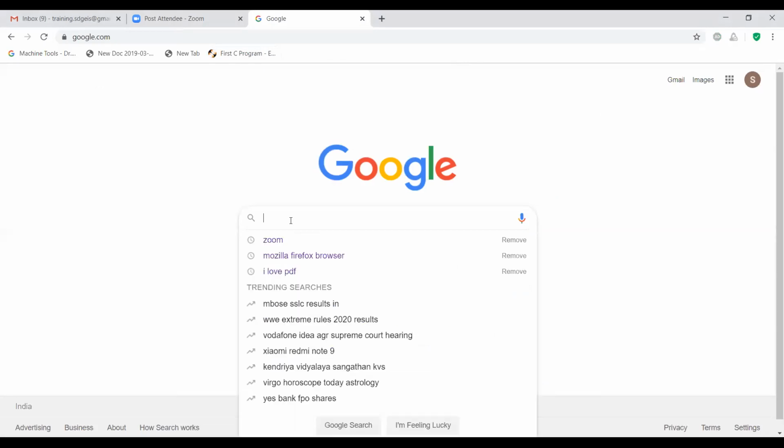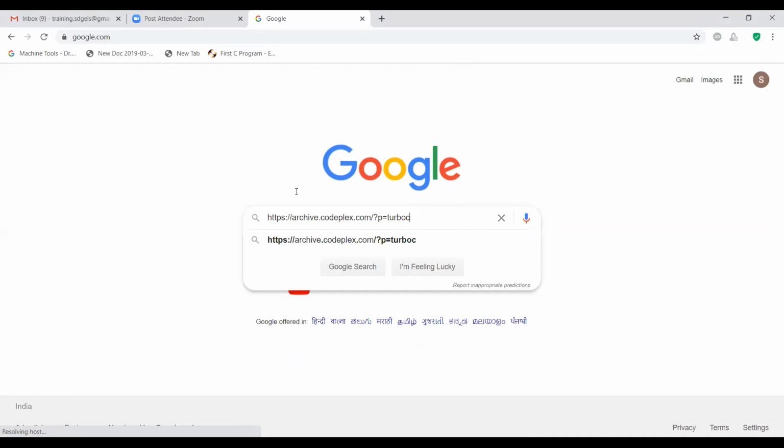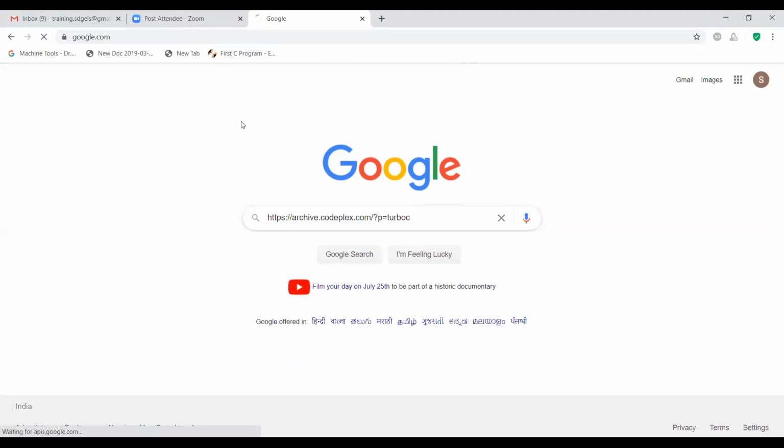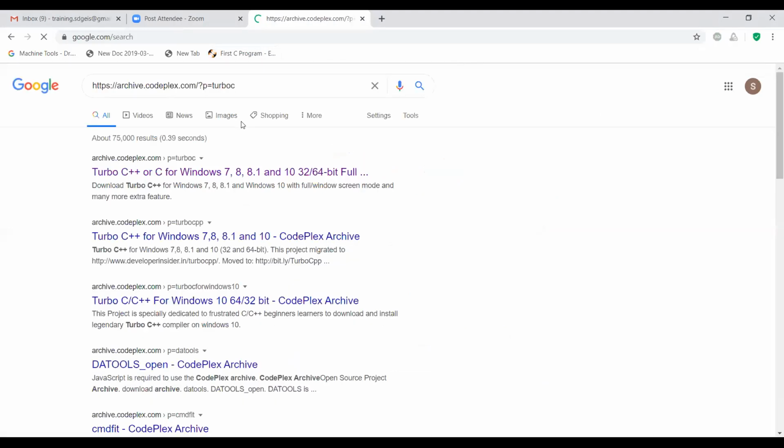Open Google Chrome, then type the software path, HTTP. I already shared this path. Okay, then press the enter button. In that, archive.codeplex.com is there. Just click that.